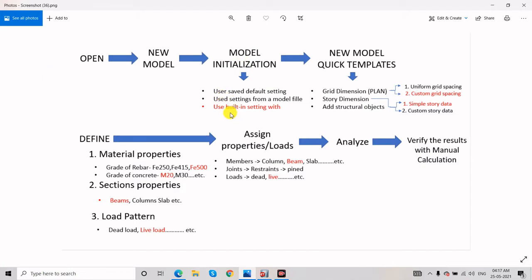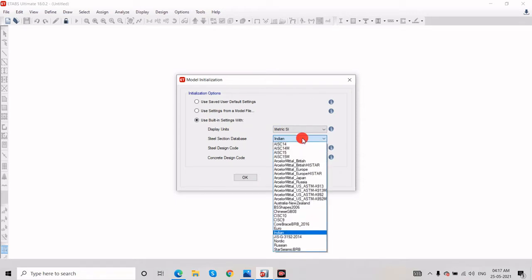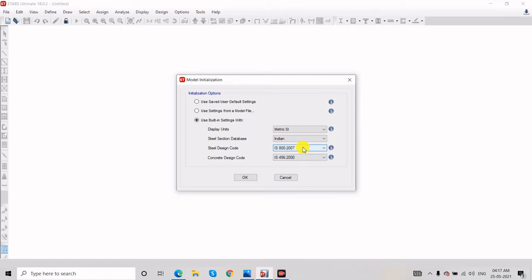In that we will use the built-in settings with, so we choose the third option. The display unit is SI and the steel section database is Indian code. For steel design code IS 800, for concrete design code IS 456 2000. Press OK.